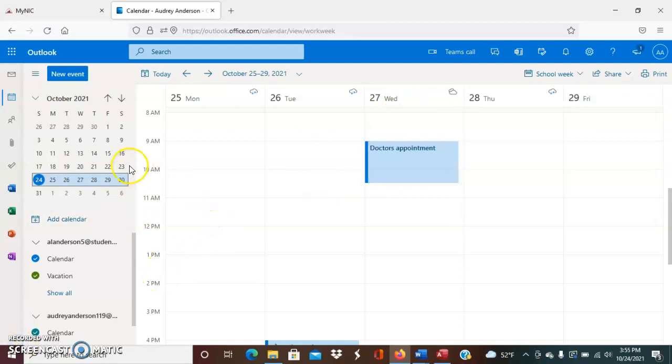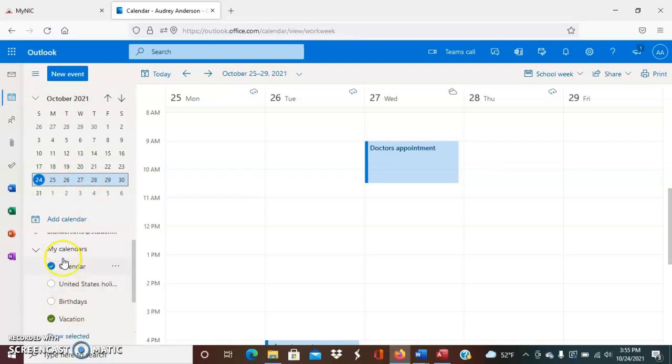If you look over to the left side next to the navigation pane, it does display the current month that you are in right here at the top, but if you go down underneath that, it displays all of the calendars that you have made, and you can choose to show those calendars all at the same time or hide the calendars by just clicking on the check mark next to it. So right now I have my vacation calendar and my regular calendar that you can see, and so you can see all of those dates